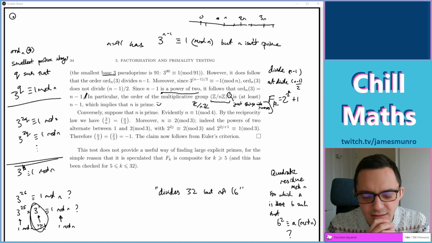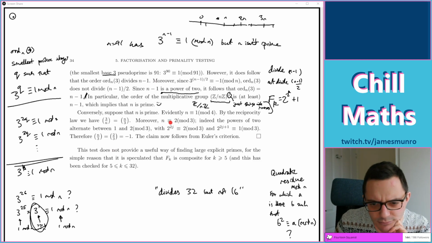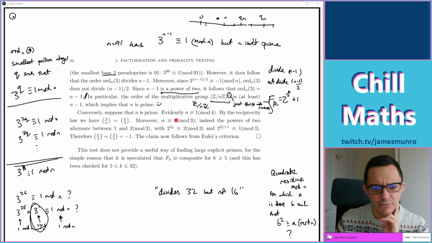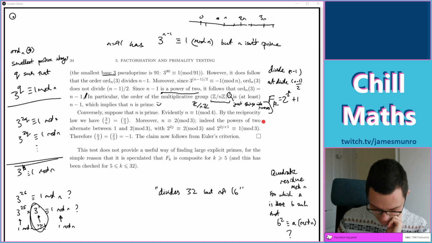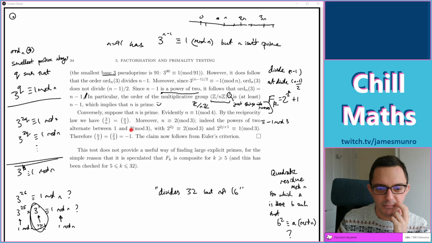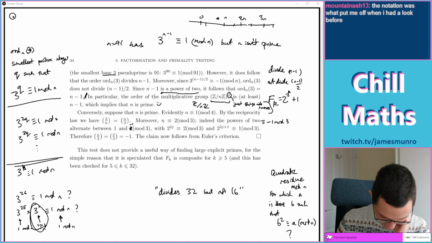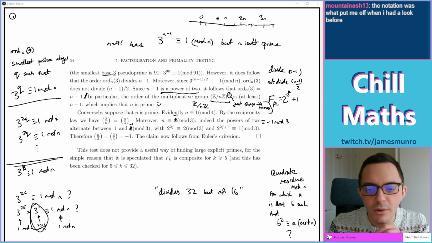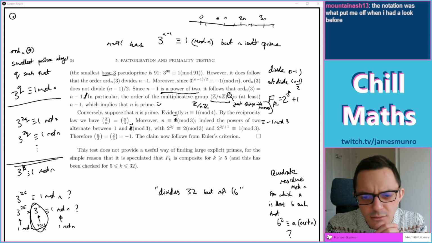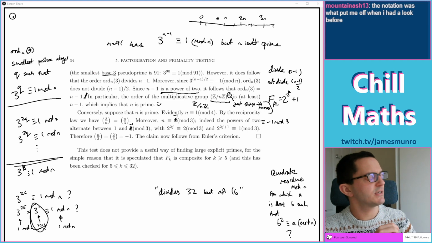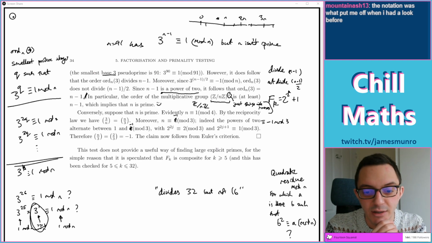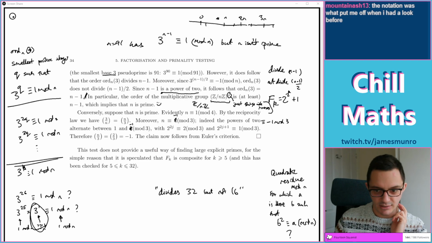Right, and then there's some notes about mod 3. N is 2 mod 3. The powers of 2 alternate between 1 and 2 mod 3. Yeah, that sounds true because 2 is minus 1 mod 3. So powers of that alternate between 1 and minus 1. n is a huge power of 2, with an even number up there. Yeah, good. Okay. So wait, if you put an even number on it, you get minus 1? That doesn't look right.